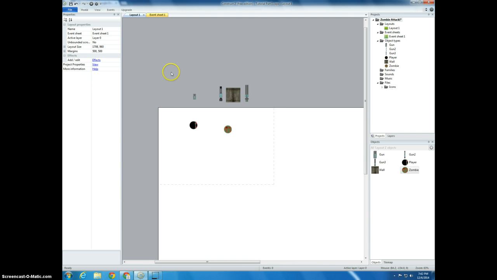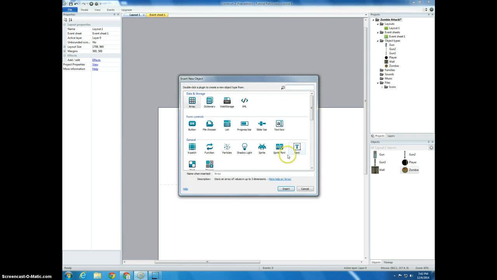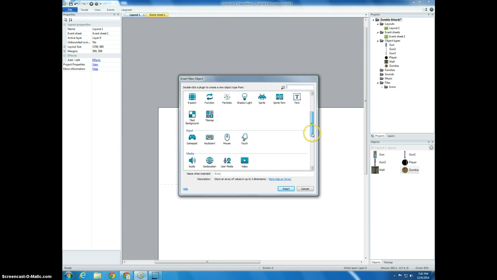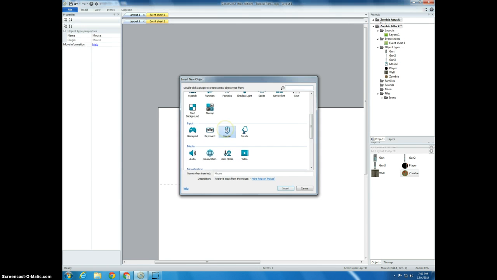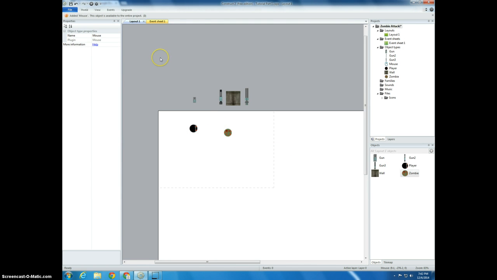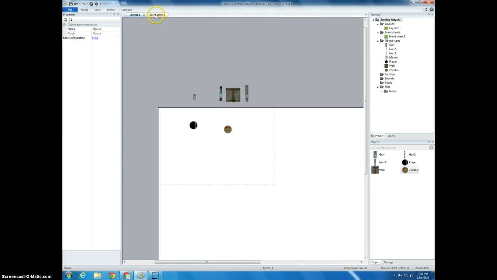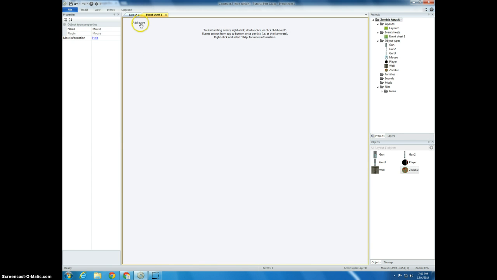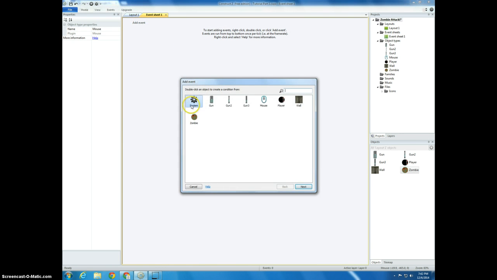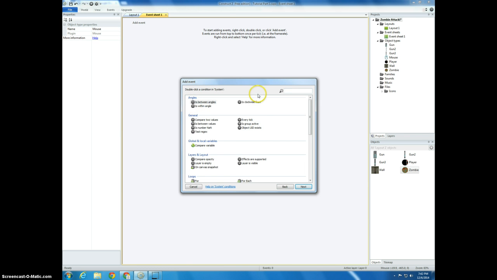Okay. Now we want to make the player aim at the mouse at all times. It's facing the mouse, and once it has a gun, the gun will be aiming at the mouse. So what we do is we double click, go down to input, and double click on mouse. Now that it's added to our entire project, we go back to our event sheet, and we click add event, system, every tick,